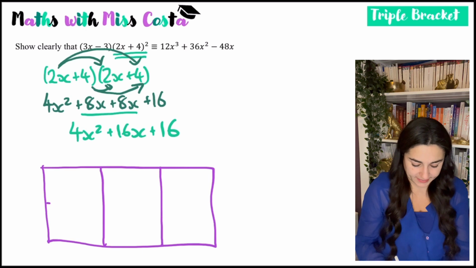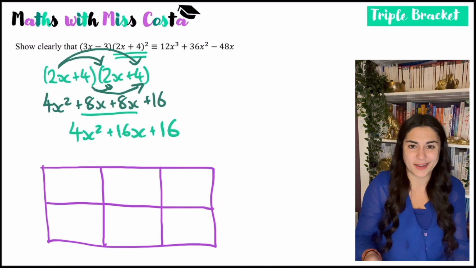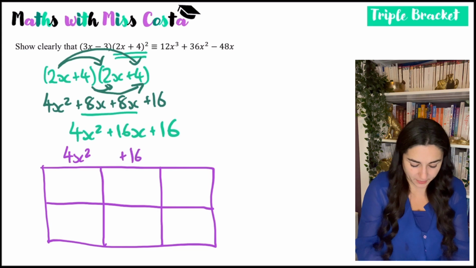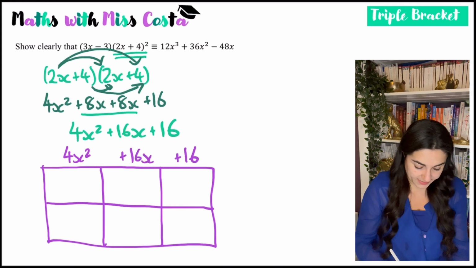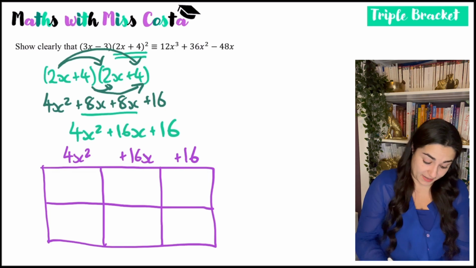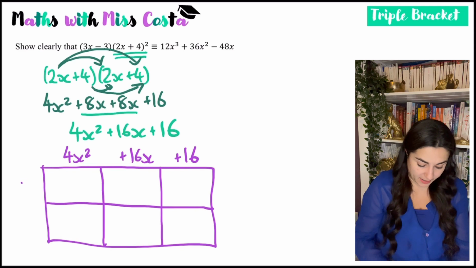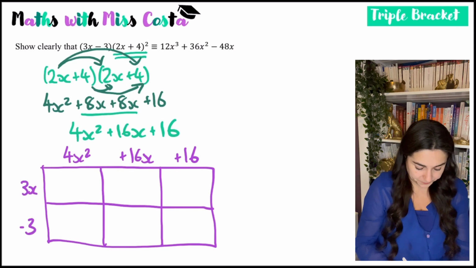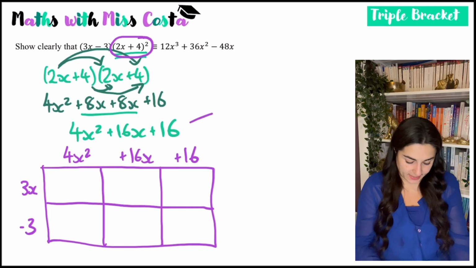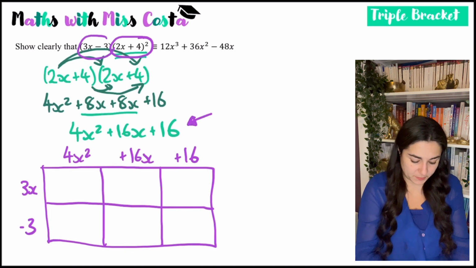2 of the brackets is draw myself a little grid. Obviously you can just expand it like normal, but this way just ensures you don't miss out any of the terms. So feel free to, if you're a pro at this and you just like doing the arrow method, then whatever you want. But the whole point is that I want to expand that expanded version of those double brackets and multiply it by the single bracket that's left over. So what I've done essentially is just multiply this out to get this, and then I'm multiplying it by this